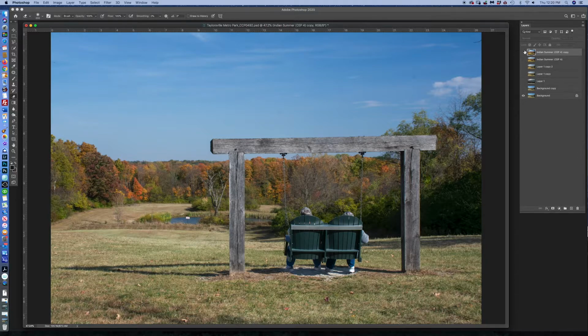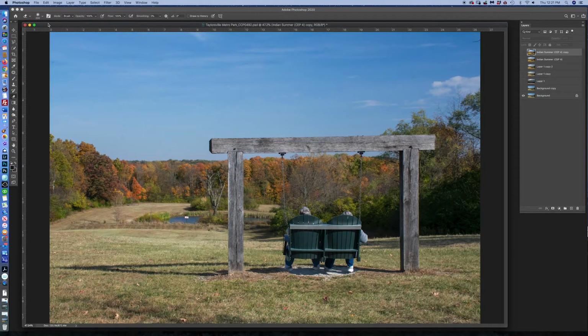So, when I looked at this originally, I thought I liked the photograph, I liked the composition, I liked the people, but I wondered if there was something I could do to make this photograph better. And I'm going to run through the steps I did to create the more colorful version of this photograph. So we're going to start with minimizing this, and I'm using an Apple computer,